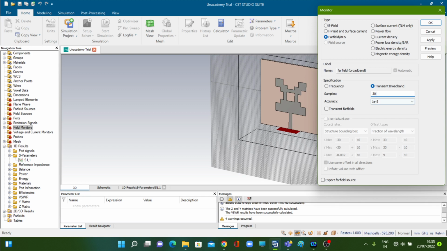This accuracy, there is again an option to change this accuracy. See, 3 levels are there: level 3, level 4, level 5. If you increase the level from level 3 to level 5, for example, you will get a more accurate result, and at the same time the computational time will be more. So it is advisable to check level 5, but I will not do that now, because for this difference in the accuracy, for this difference in the quality of the response to be perceivable to us, we need to operate the